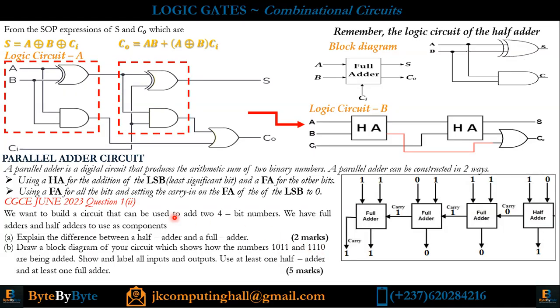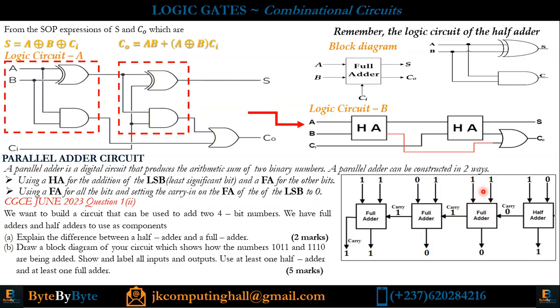Good. We are using the first case. So we are seeing that I use a half adder for the addition of the least significant bit, because when we talk of least significant bit, we are talking about this. These are the least significant bits of the numbers. I use a half adder for that. This is my sum that it gave me, because 1 plus 0 is 1. What is 1 divided by 2? 0 remainder 1. This is my remainder. This is my quotient. Now, the carry I have here is what enters into the full adder, as you can see here. So this carry in is the carry out of this half adder.